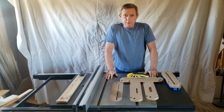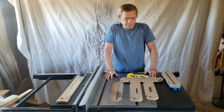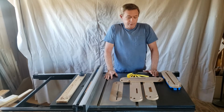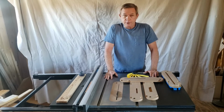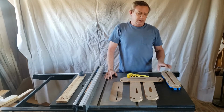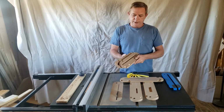Okay, this is going to be my hopefully last video on these inserts. They're now to a point where I'm happy with them. They do everything I need and they're as sturdy as I can make them or leave them, depending on how you look at it. If you saw my last video, you noticed that I had the inserts,